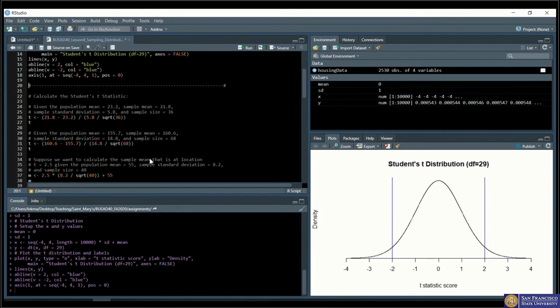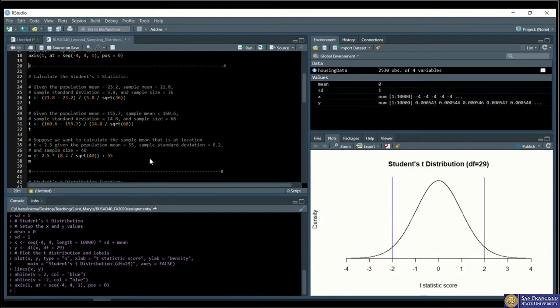So in your class activities or practice, there are some questions where you might need to calculate the t value, right? The t statistic. So basically, these are the scores on the x-axis of these distributions. For example, if we're given a population mean in our study, which is 23.2, and we pick some sample, and the sample mean is 21.8, and we know only the sample standard deviation, which is 5.8,